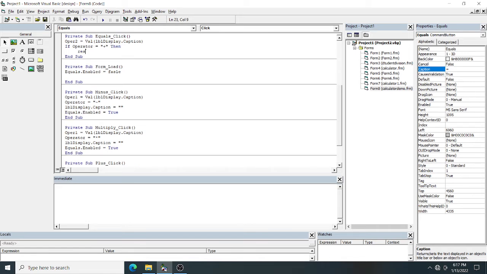The output variable is my result. My result equal to, I will do one function call. The function name is called sum.